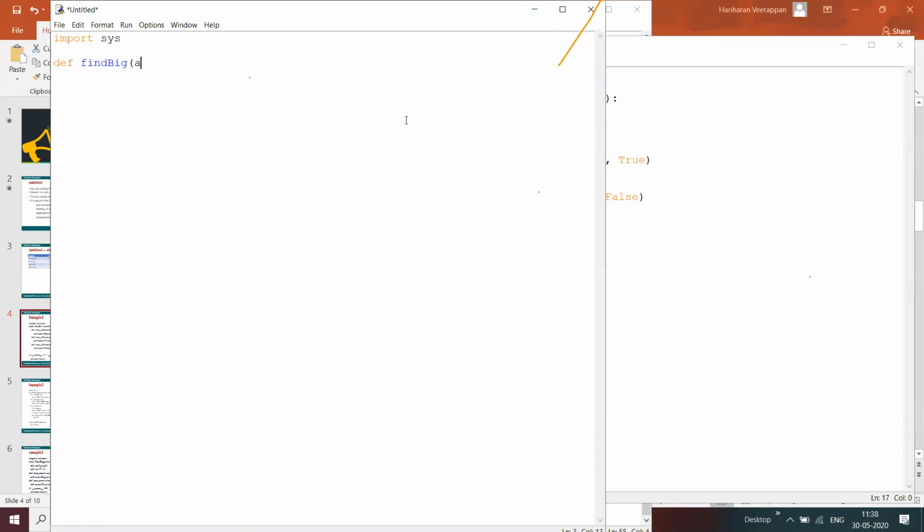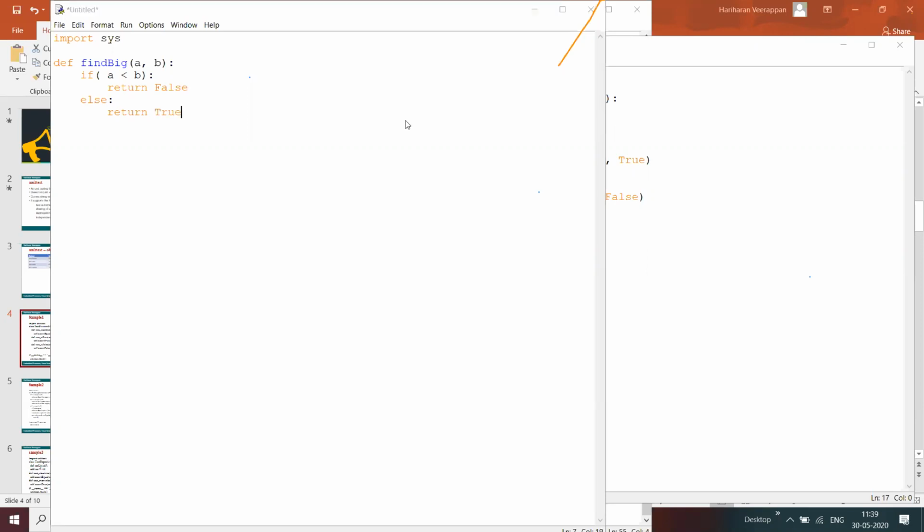I'm going to give find big with a comma b, and if a less than b, then I'm going to return false, and in case of else, return true.